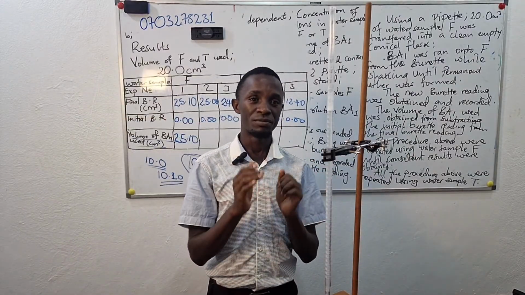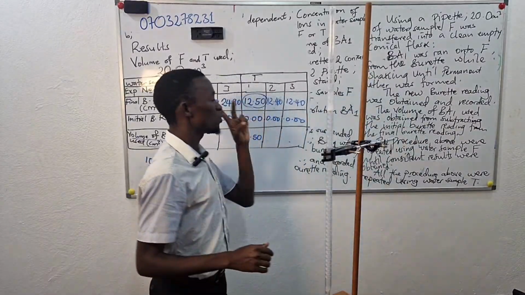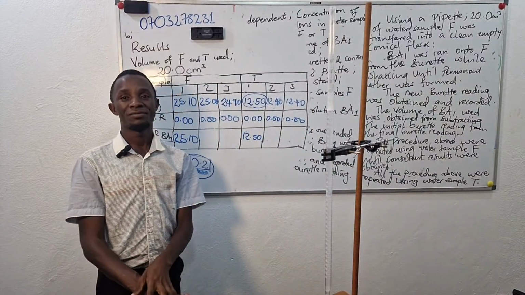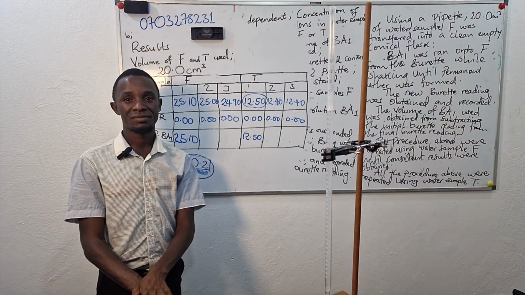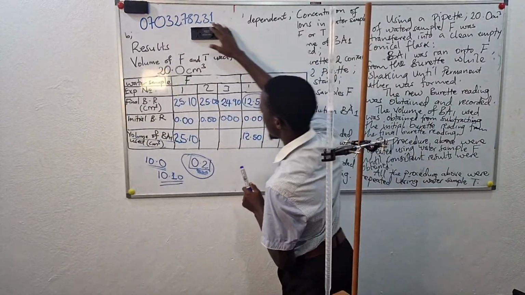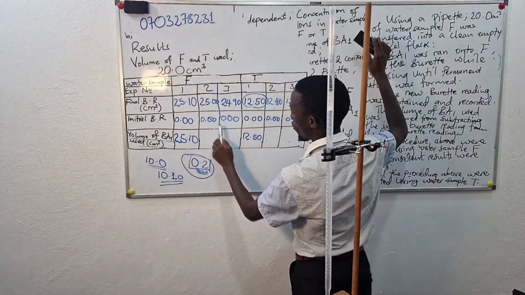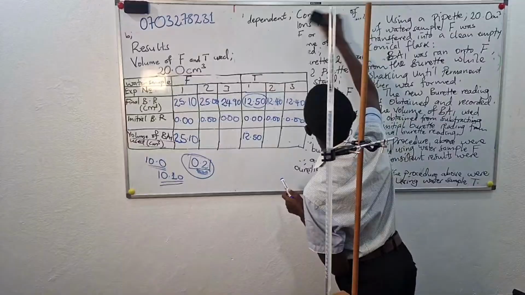Take your time. Add a drop at a time. So after getting these ones, to get the volume of BA1 that was required for T, we shall have the